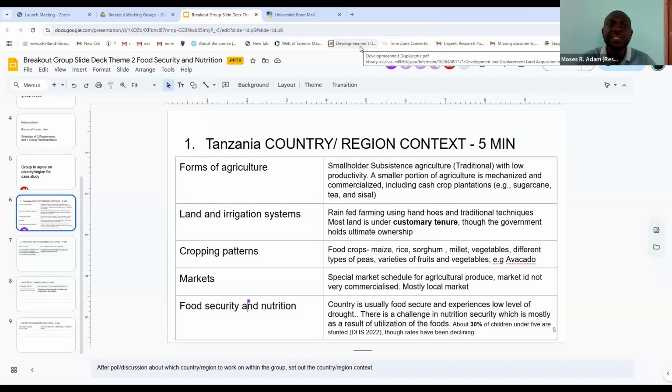So generally, the country is food secure and food sufficient, and we even sell food to